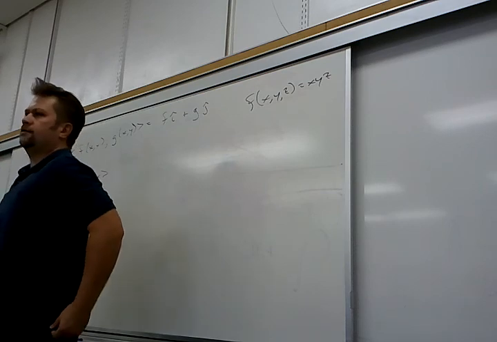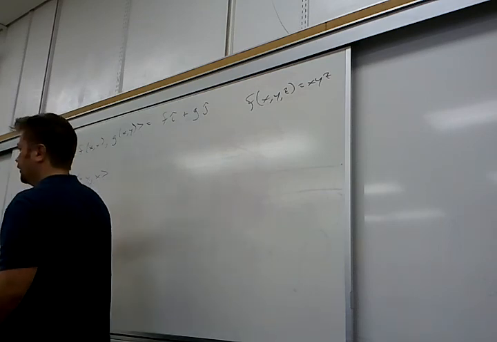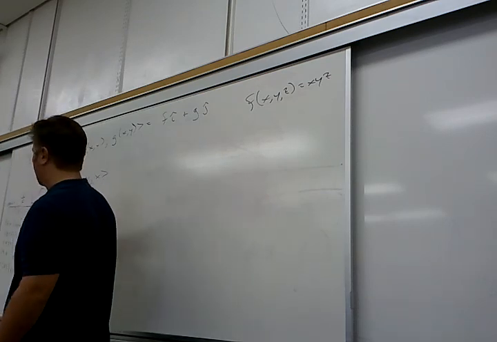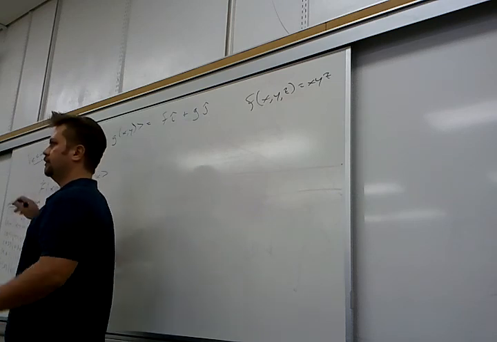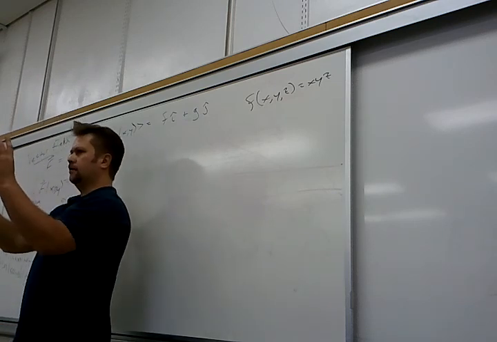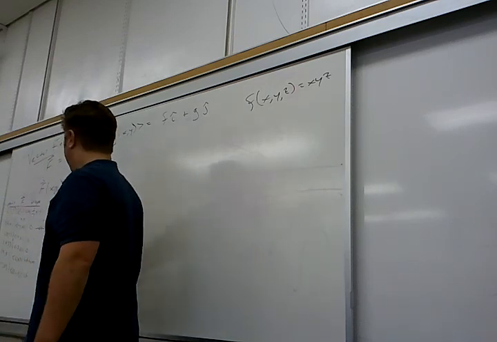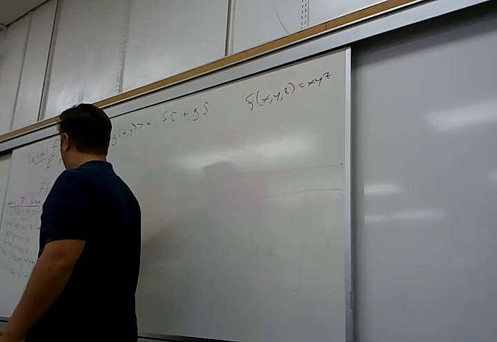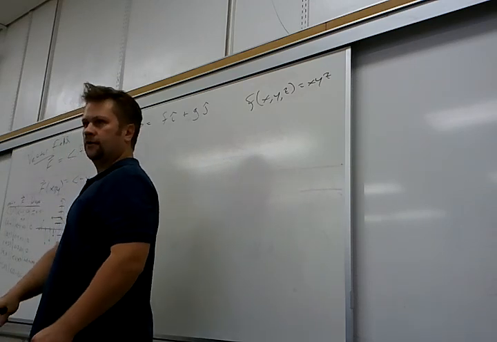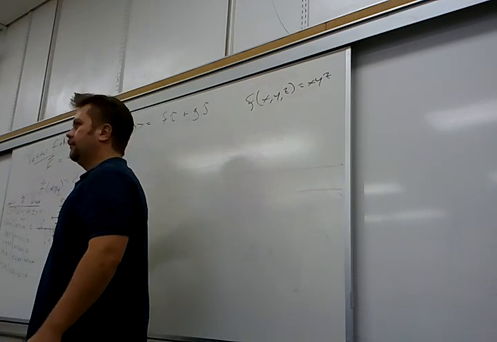So a lot of times you see things called flow lines. Well, actually, I think I did a little bit of that last time. You just connect them. You don't draw the little arrows. You just connect them all, so it gives you a better visual of what's going on. So a whirlpool would actually look more like we'd expect it to, whereas this would just be concentric circles coming out. So if you start on a circle, you never get off of it,